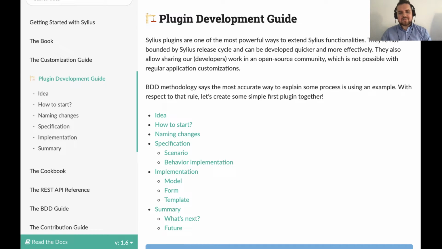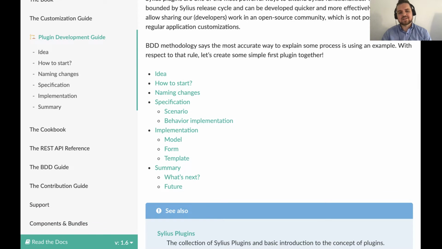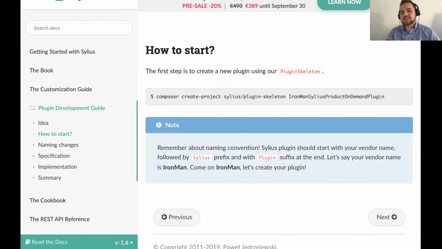So this plugin development guide, similar to the getting started with Sylius tutorial, walks you through the development of a Sylius plugin. So Sylius plugins, for those of you who know Symfony, is a bundle with a small twist in the naming, and of course you would expect that a Sylius plugin is specifically for Sylius and not a generic Symfony bundle. But this tutorial walks you through how to start from the plugin skeleton,